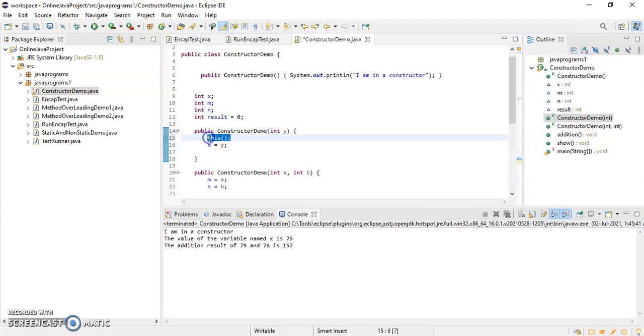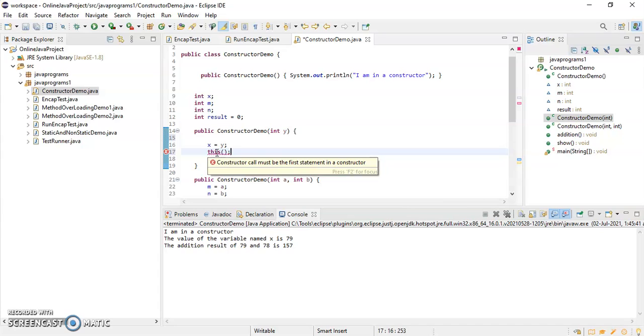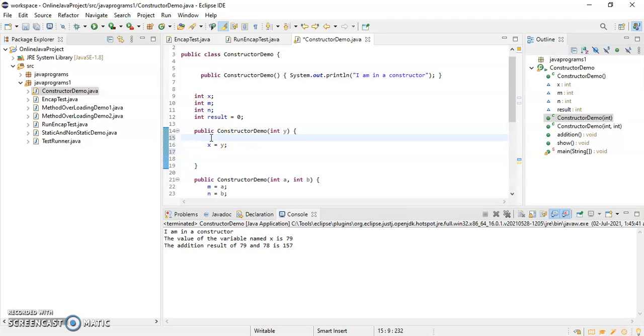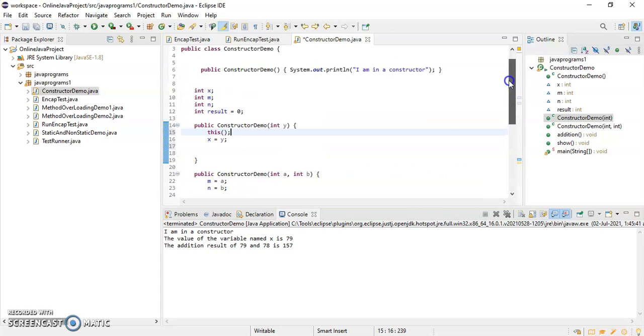If I write something before it, it will throw a compilation error, and if I hover, it says constructor call must be the first statement in a constructor. So it has to be the first statement. Now from this parameterized constructor with one parameter, I am calling the default constructor.